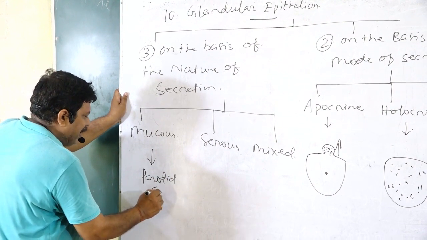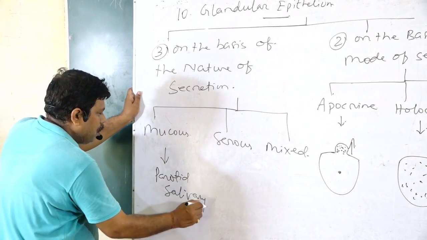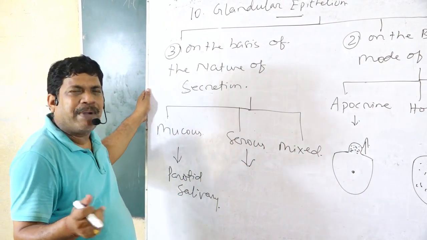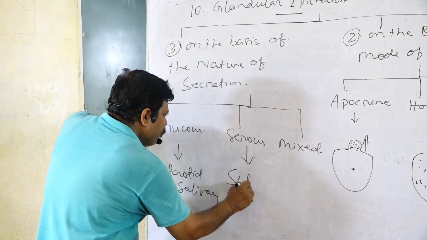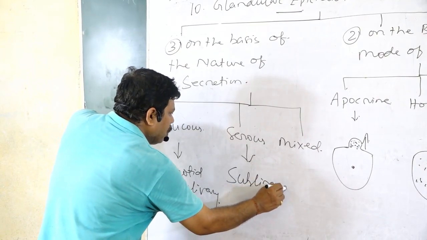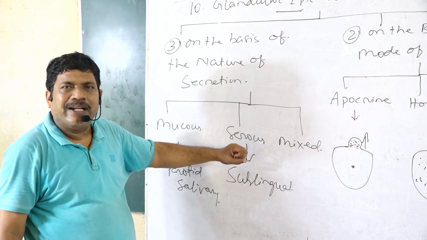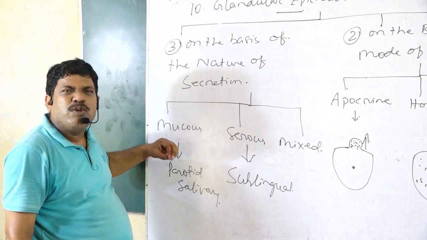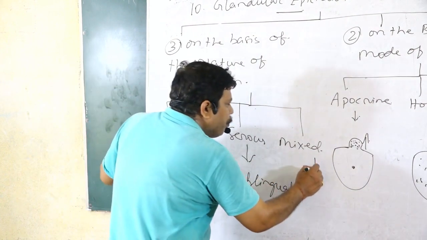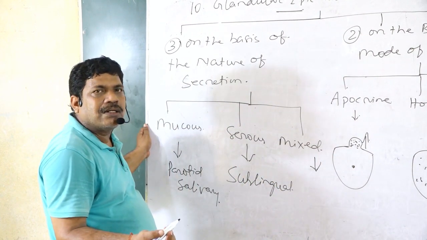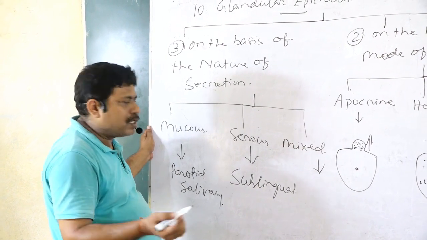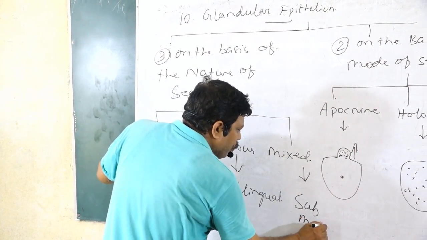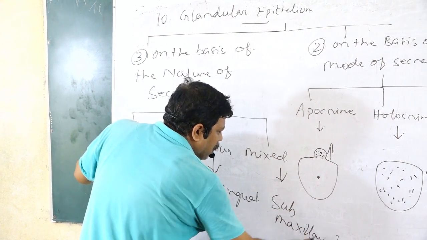Parotid salivary gland. It is watery fluid, completely watery. Sublingual. It is one watery fluid. It is thick and sticky secretion, rich in mucin, and it is both mucous and serous in nature, mixed, and it is your submaxillary or